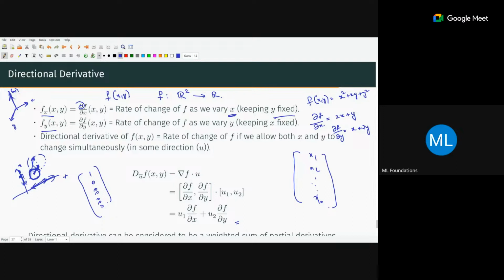I told you, physically it's very impossible to draw. Just open GeoGebra and draw some random function. You can take this function itself, x square plus xy plus y square, and put it in and see the curve of this. It will be like a wave, or like some mountain or hill. If you vary x and y, the rate of change will not be the same. For some directions it will drop suddenly, and for some directions it will be smooth.